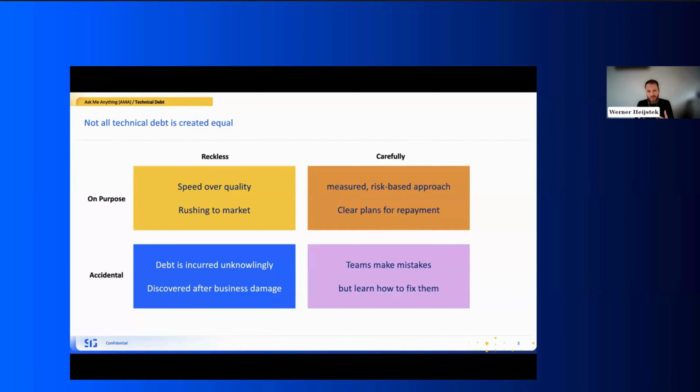Because as a developer, when you solve technical debt, you have nothing to show for it from a business perspective. You don't have new features. The only thing that you have is that your system is now easy to work on in the future. That has a benefit. Of course, the benefit is increased productivity in the future. But this is not something tangible for the end users or the people paying the bills and the business side of the organization, which always makes technical debt a very difficult topic to talk about.